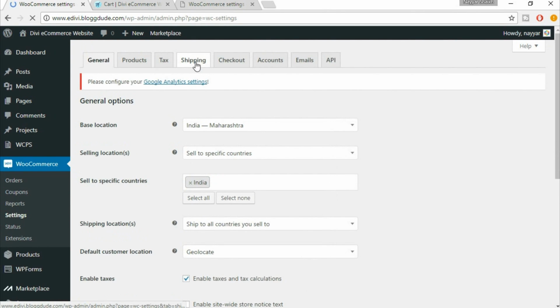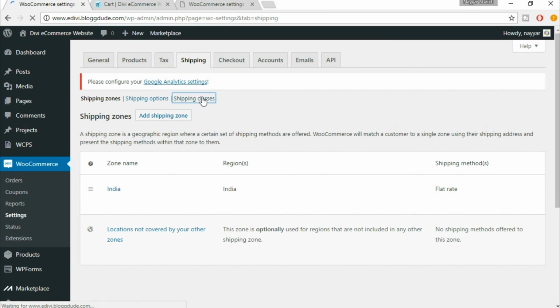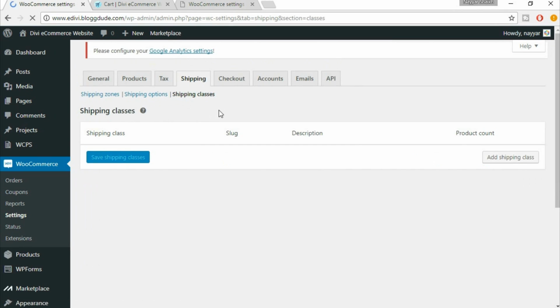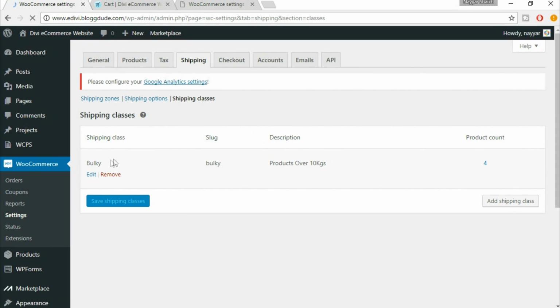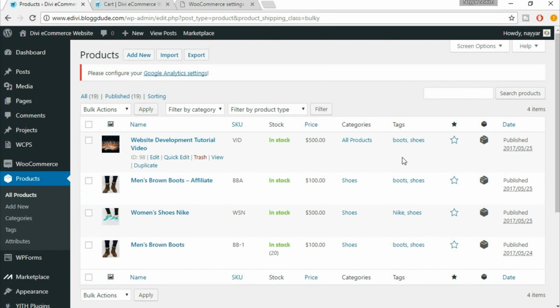The shipping option, shipping class, and here as you can see, here also we have created a bulky, and here it is product over 10 kgs, and product count, it shows 4 products. So let's click on these 4 products. So on these 4 products, the shipping cost will be charged $10 instead of $2. So this is how the shipping cost works. Now let's come back to our website, and again